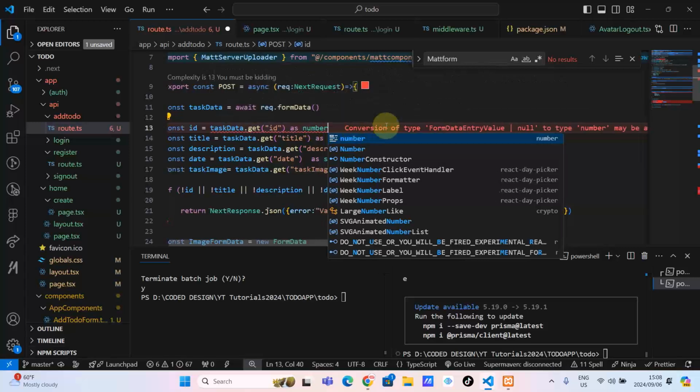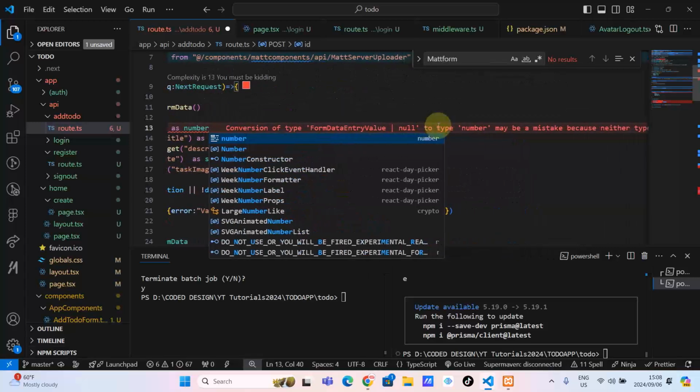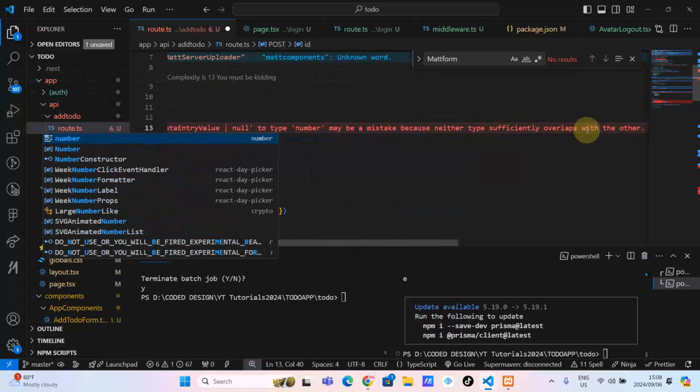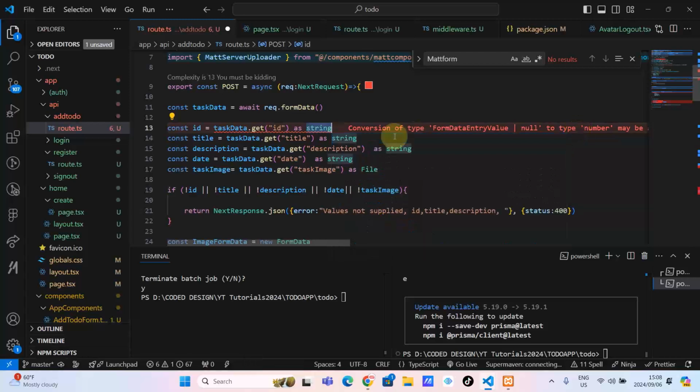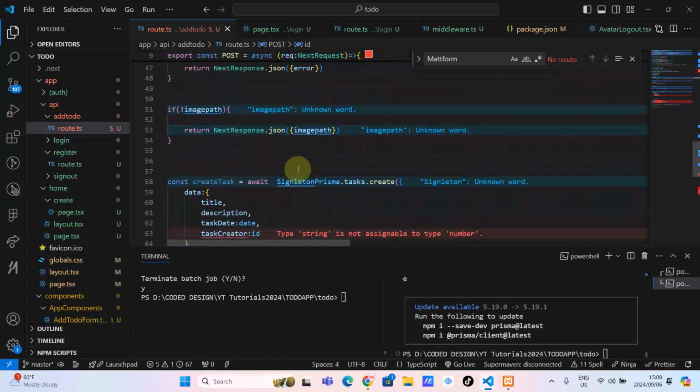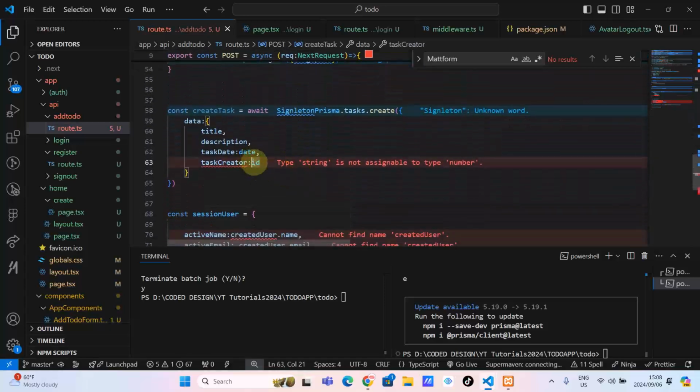Let's see. Conversion of type string to a type number may be a mistake because neither type is sufficiently overlapping. Okay, maybe the form data doesn't have those. Okay, cool. This is still a solvable problem, at least using JavaScript. So what we want,